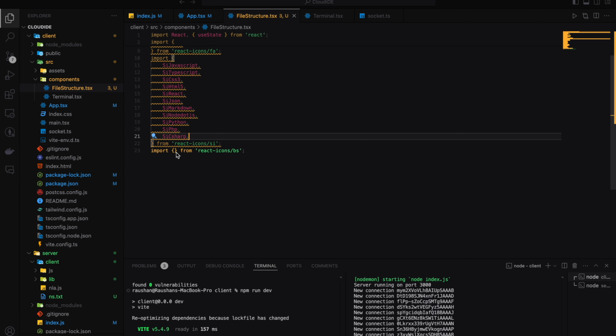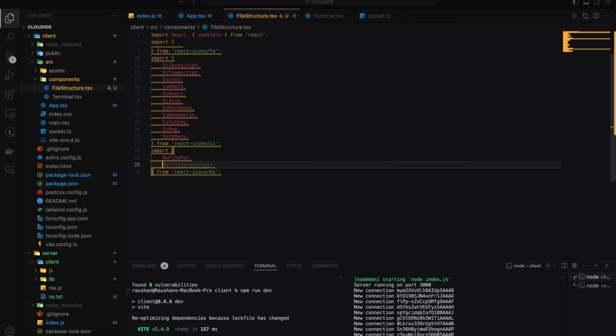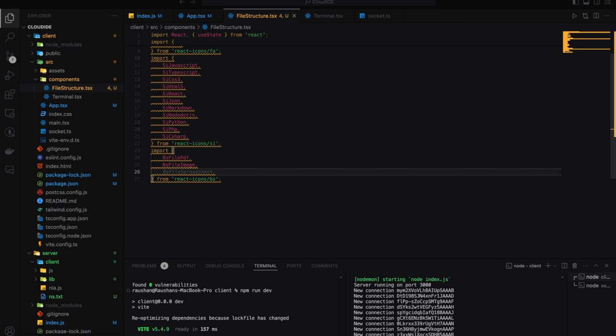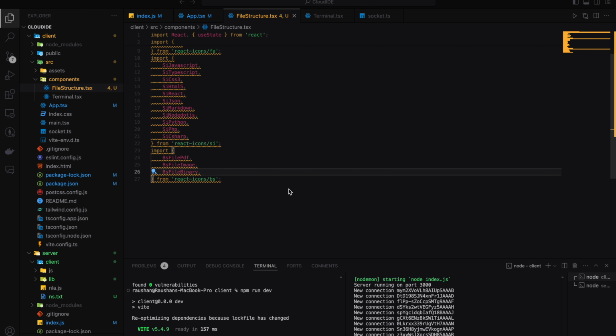Yeah, after importing all this, also import the react icons from bs. So yes, BsFilePdf and BsFileImage, BsFileBinary. Okay, after importing all this, create a const getFileIcon function which